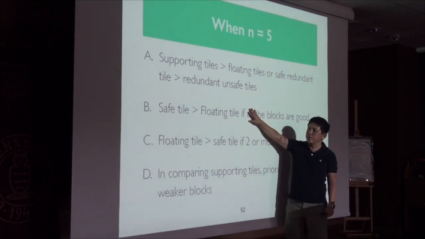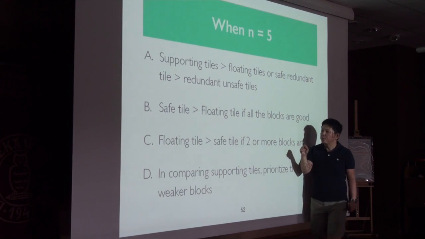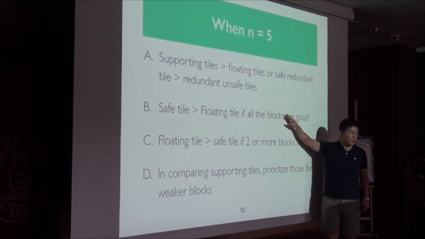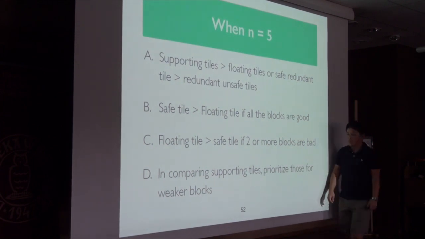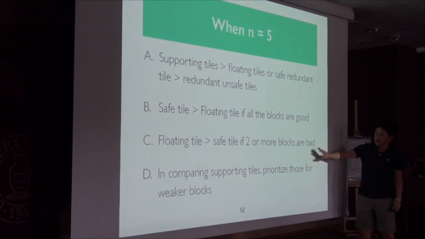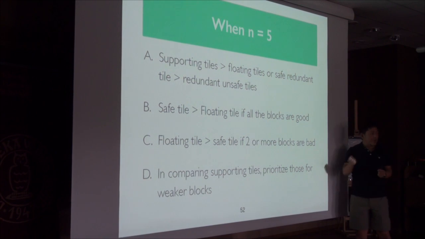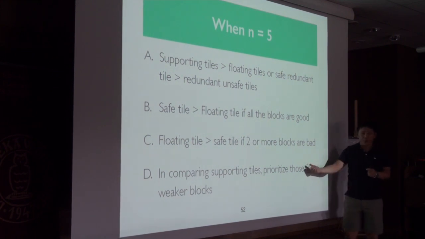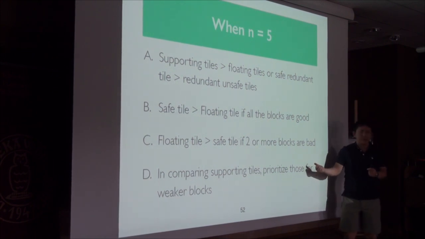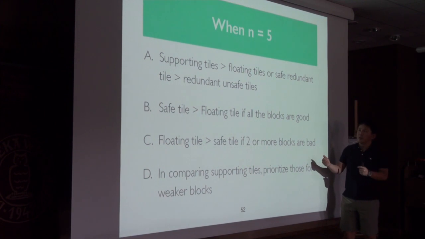And when you have 0 bad weight protrans, you definitely want to keep a safe tile, right? Another point that I mentioned is that in comparing supporting tiles, prioritize those supporting tiles for weaker blocks, right? Sideways protrans will be in less need of supporting tiles than bad weight protrans,